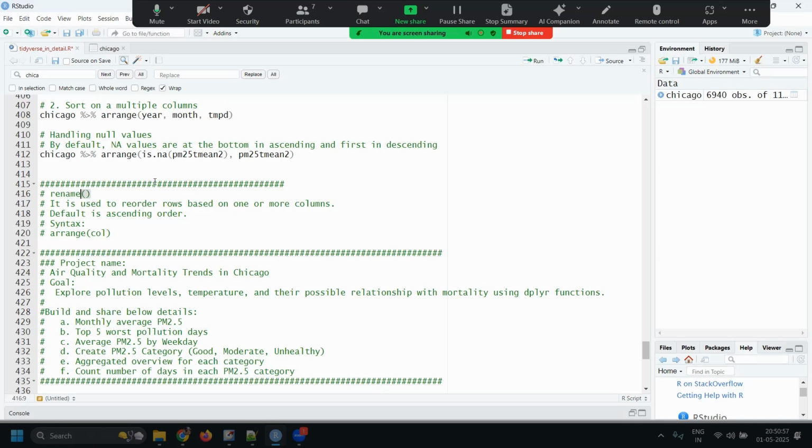This I haven't taught. Let me do this. Okay, so rename, it's a simple one. It is used to change the column names. As simple as that. Okay. Syntax alone we need to understand. The syntax here is